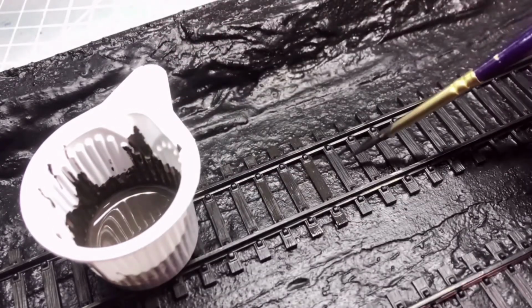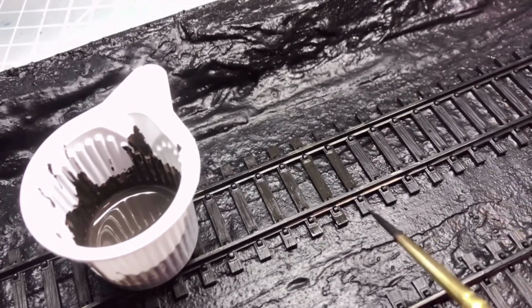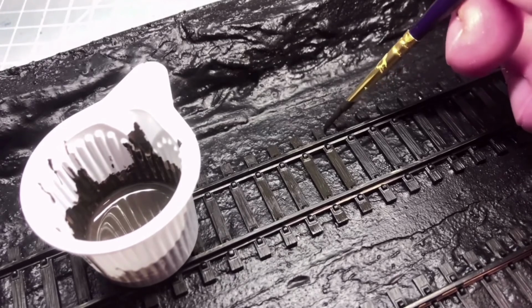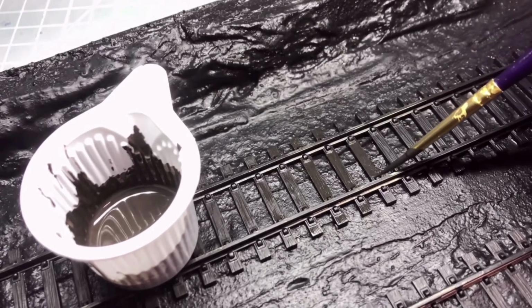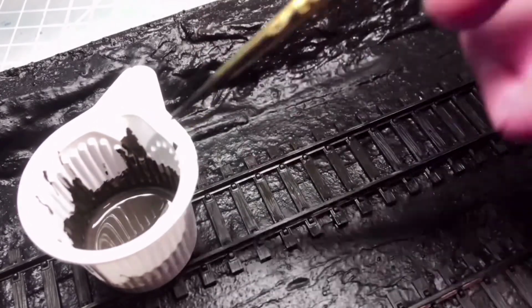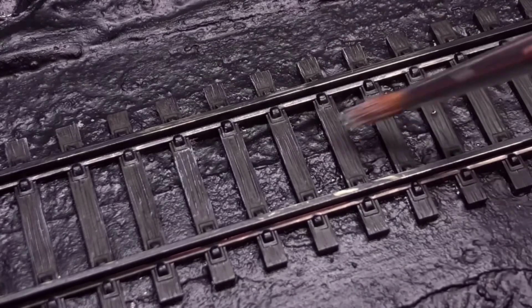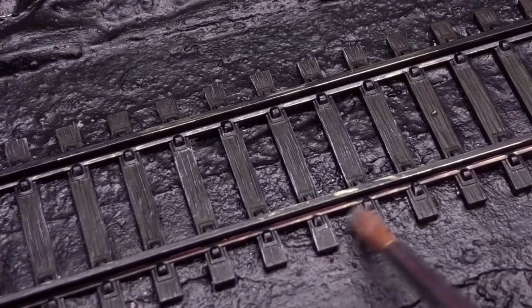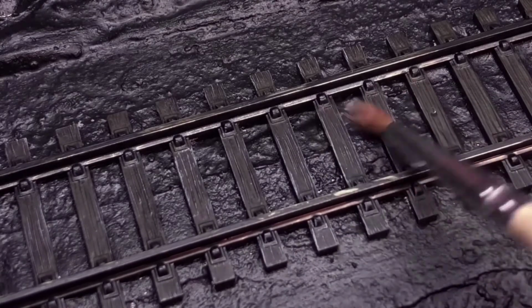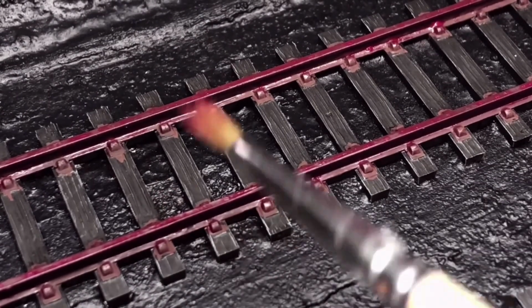It's just gone out of my head. So I've painted them in a relatively dark brown, because the sleepers, because that's what we call them, are coated in this bitumen sort of paint to make them last a number of years. So I've just used some really dark brown there to emulate those sleepers. Then after that I lightly dry brushed over the top of the sleepers with a medium grey from AK's wood weathering range,